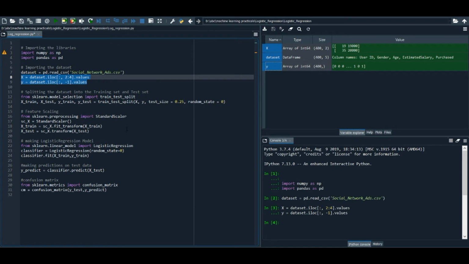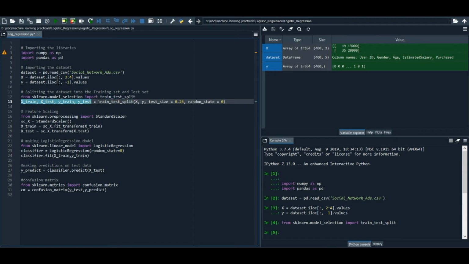Now first we are going to split it into training data and testing data. So we are going to import from sklearn.model_selection the train_test_split function. You may have seen this before in the previous sessions. Now we are going to create four variables, that is x_train, x_test, y_train and y_test, our training set and testing set.